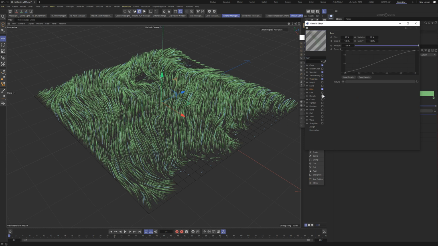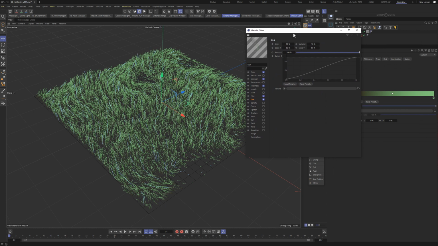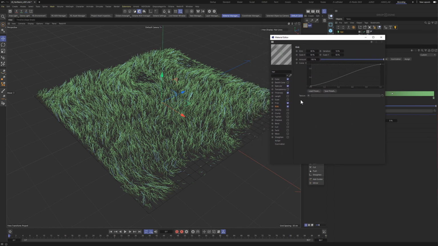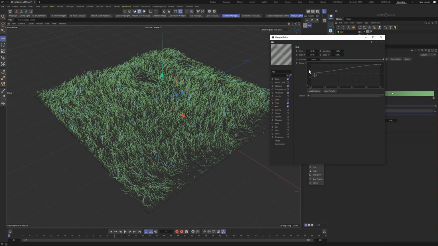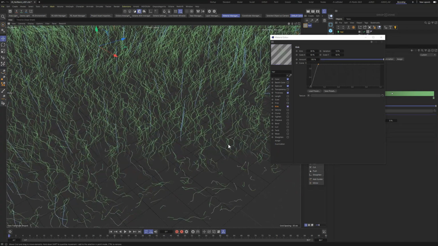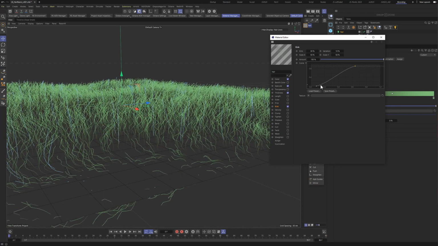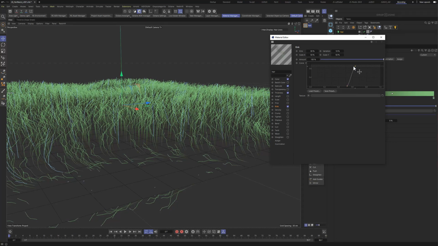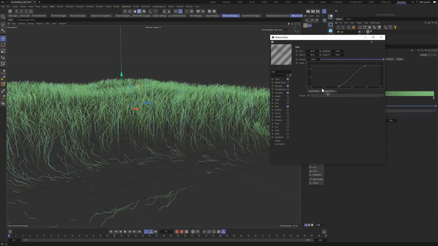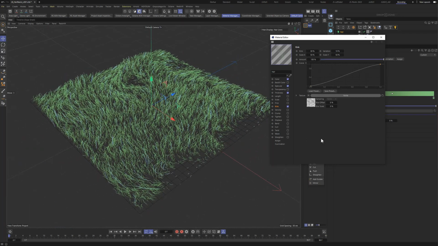So at this point, if I enable frizz and kink, it's going to show me what's happening there. And maybe this is a good opportunity to show that in most of these, the texture slot is for the source object and not really the hair. The curve is obviously from the root to the tip. So I can actually decrease that there. Let me get a little bit closer. Right now I am affecting less of the root of the hair with kink and more of the tip with kink. But if I scroll back and let's introduce here a noise,